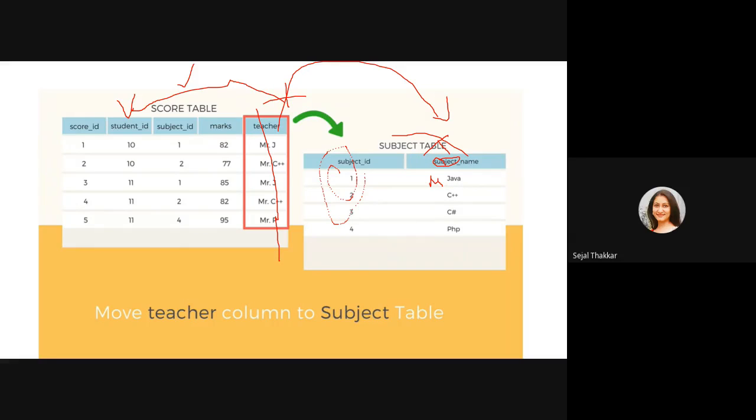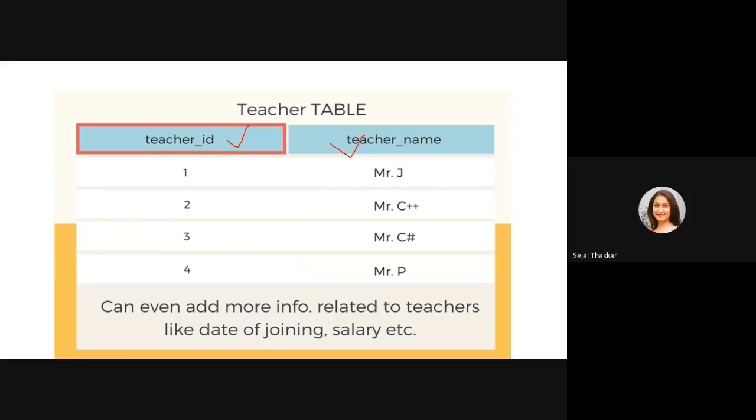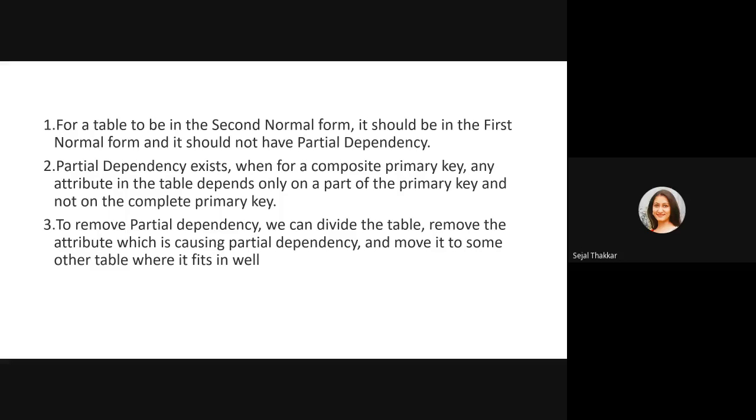So these are the two columns, subject ID and teacher name, that we have separated from this table, and we have made our new table. So for this table, now there is only one dependency, that is the primary key dependency. For this teacher table, the primary key is subject ID, not student ID. Now student ID is removed from this table. Student ID is not a primary key in this table. So now this table is fully dependent on teacher ID. It is not dependent anywhere on student ID. So there is no partial dependency in the teacher table. We have removed the partial dependency of student ID.